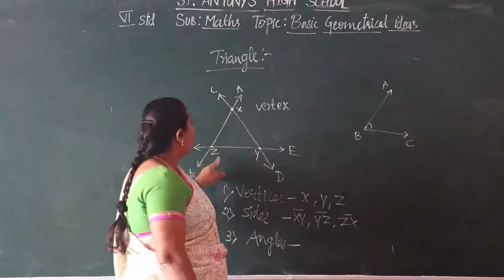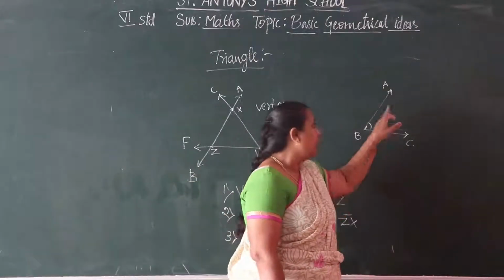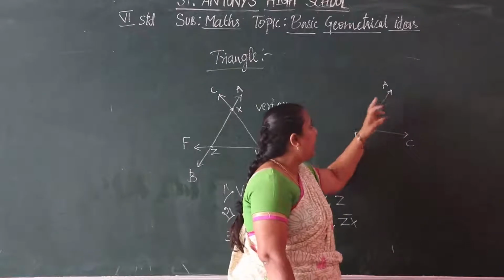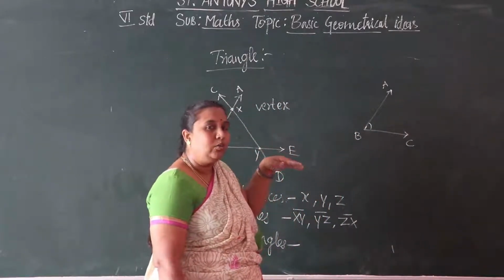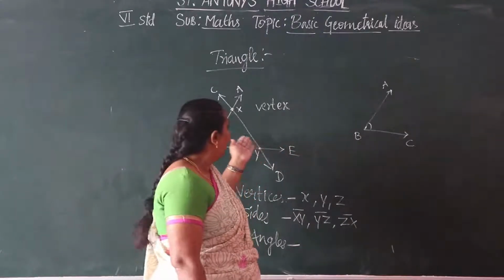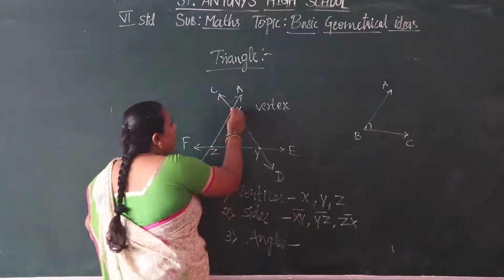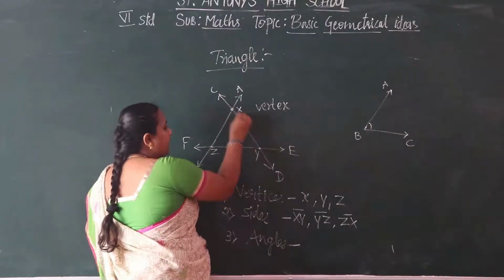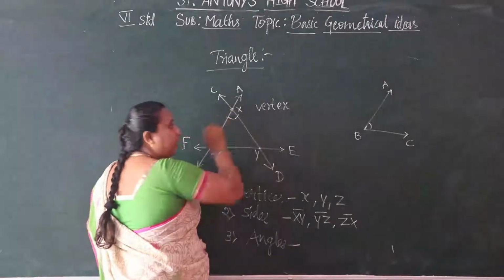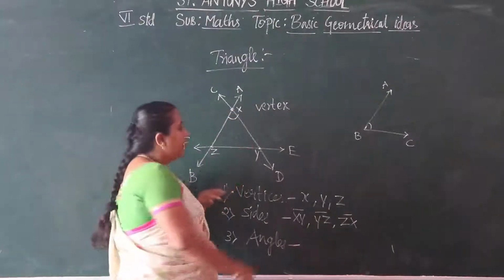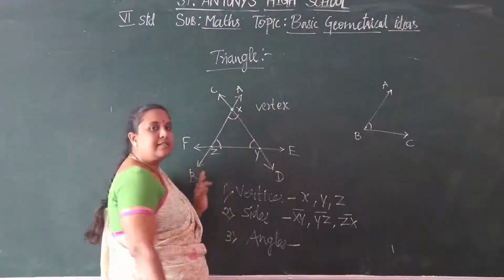Angles. See what are the angles here? How to write angles? You know how to write here: ABC, CBA, or B also correct. In any way you can write that is correct. See the angle X, we can write it as ZXY or YXZ, or we can write only angle X, also correct.